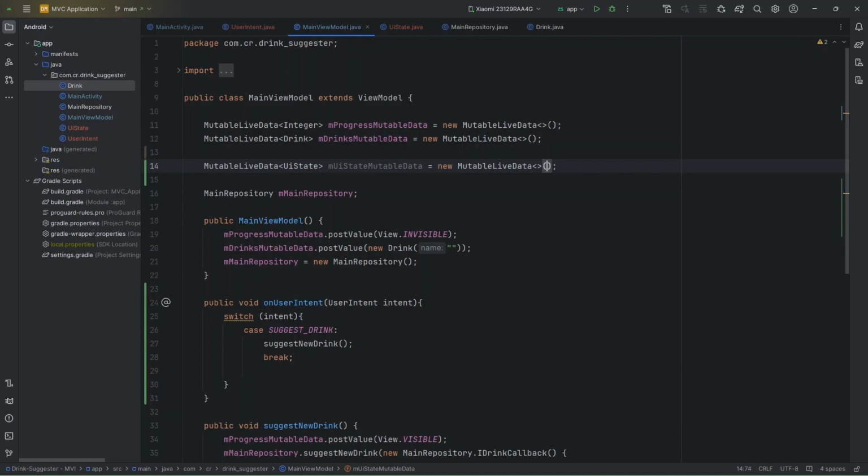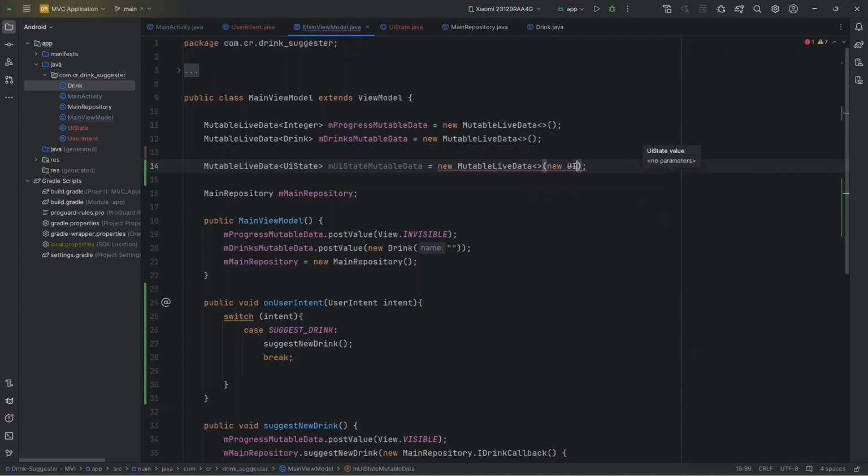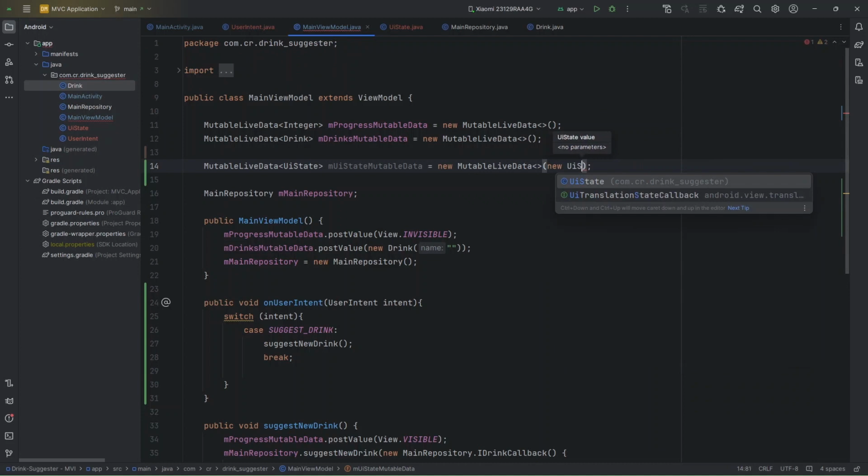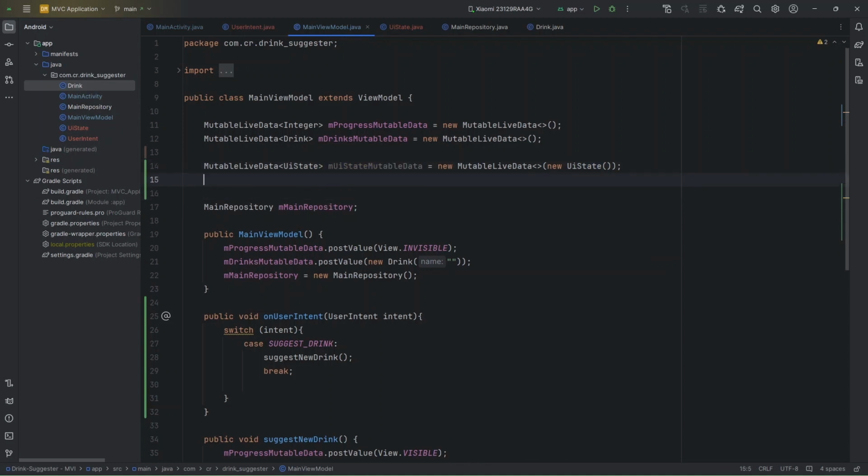And in this one initially we have to pass the default UI state, which is this one. Now we have default values in this MutableLiveData,